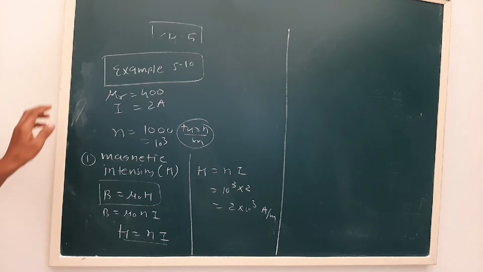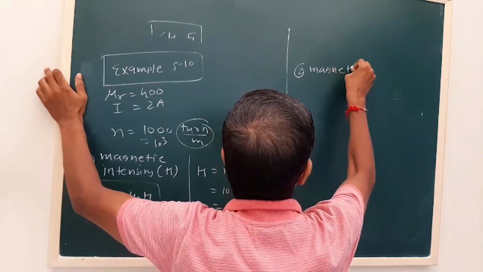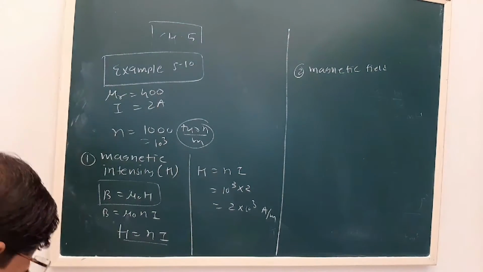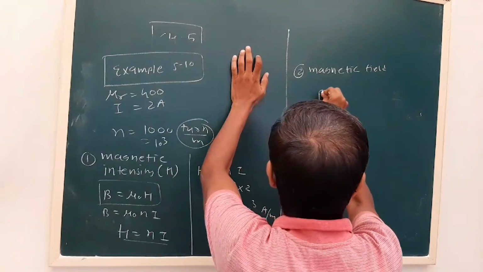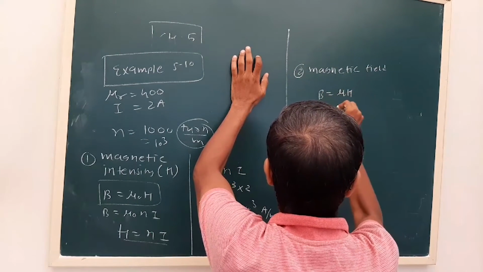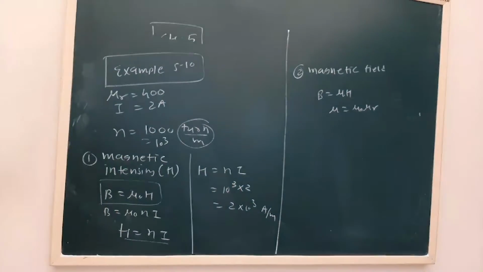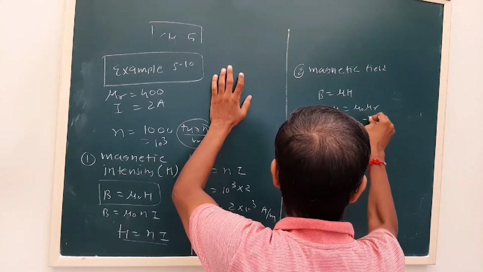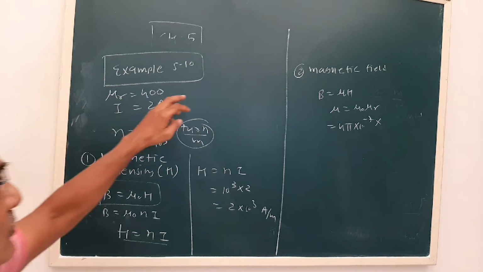Now the second is the magnetic field. See here, air is not the medium. So we have to use B is equal to mu H. Now mu is mu 0 mu r, that we have seen in the theory part. The mu 0 value is known to us, 4 pi into 10⁻⁷. The mu r value is given as 400